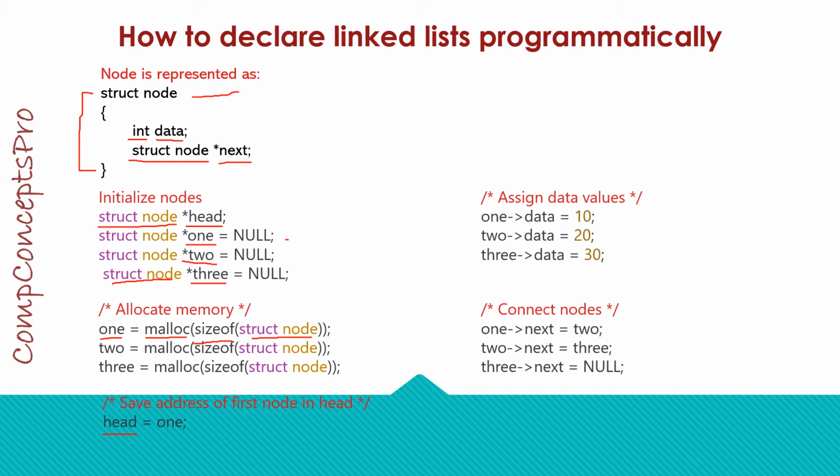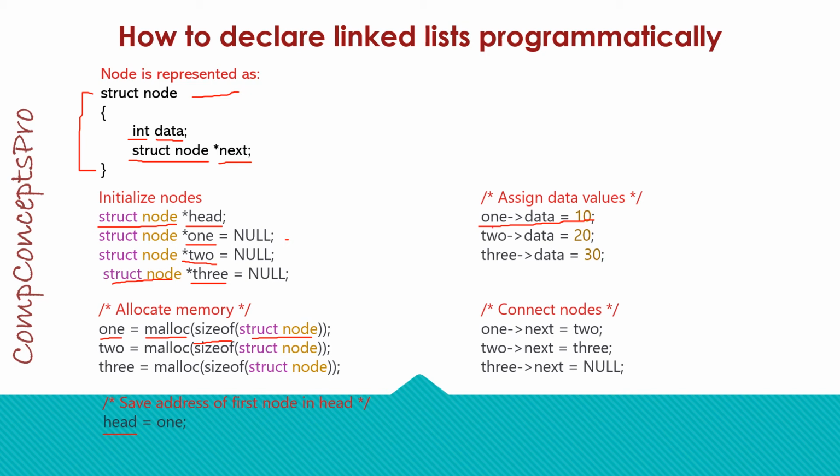Then assigning values to the linked list nodes. This is how we store the values in the data field of the linked list. We have to write the name of the node, which is node 1, and then this pointer symbol, and then data. We know that actually it is a structure only. So in a structure, if we have to store data in one of its fields, we use this symbol. That we know already. So this value will be stored in the data field of the structure node 1, which is currently the node of our linked list.